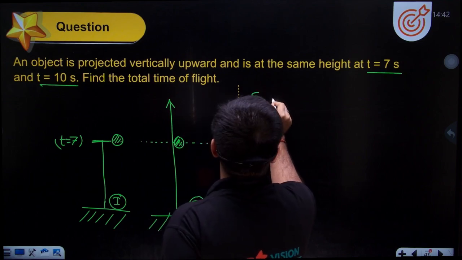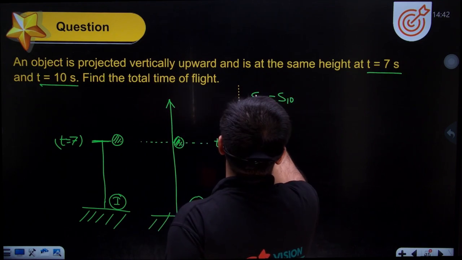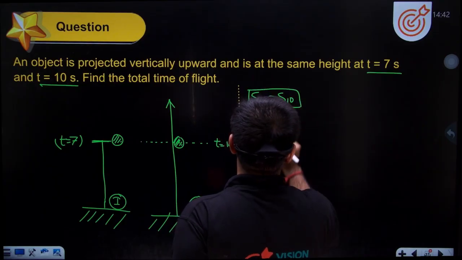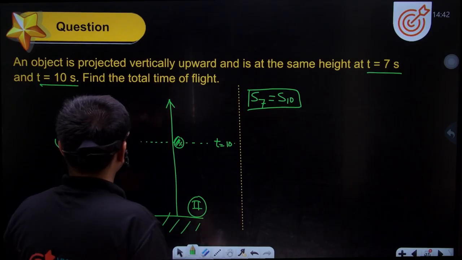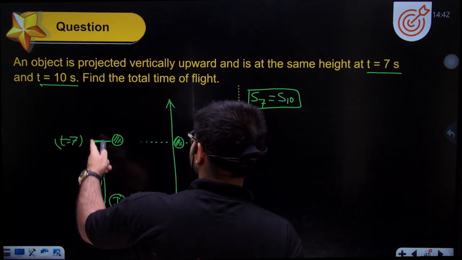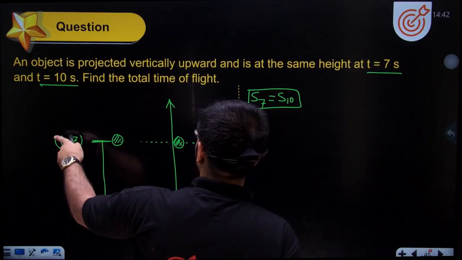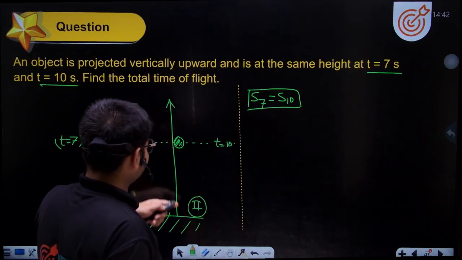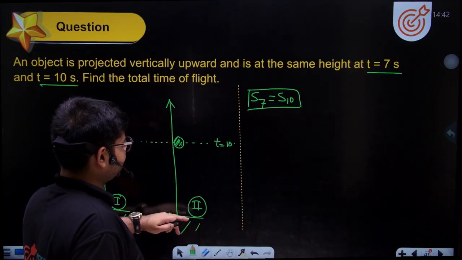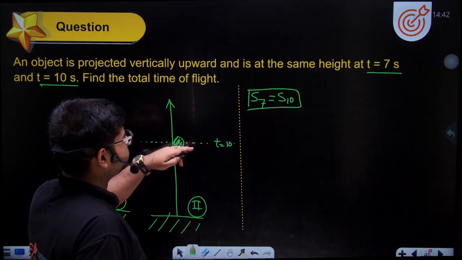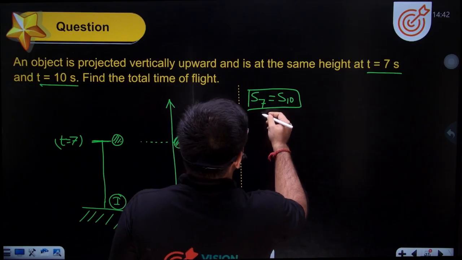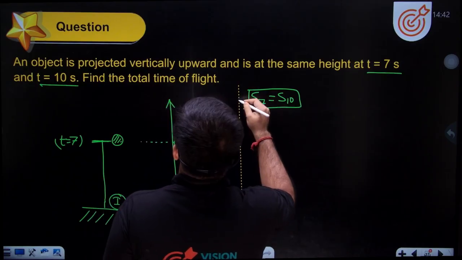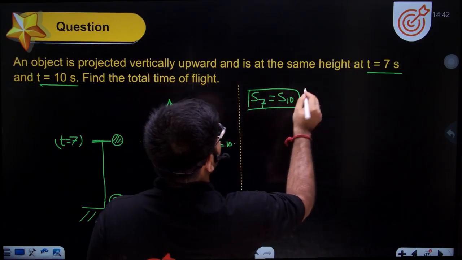S7 is equal to S10. I can do it. Okay, S7 is equal to S10. This can be done because the displacement of this object, okay, at t is equal to 7 is equal to the displacement. डिस्प्लेसमेंट हम लोग मेजर करते हैं ना, सो ग्राउंड से उतना ही डिस्प्लेसमेंट किया है एट t इज इक्वल टू 10. सो यू सी u तो 0 हो जाएगा, प्रोजेक्टेड वर्टिकली अपवर्ड सेम हाइट,